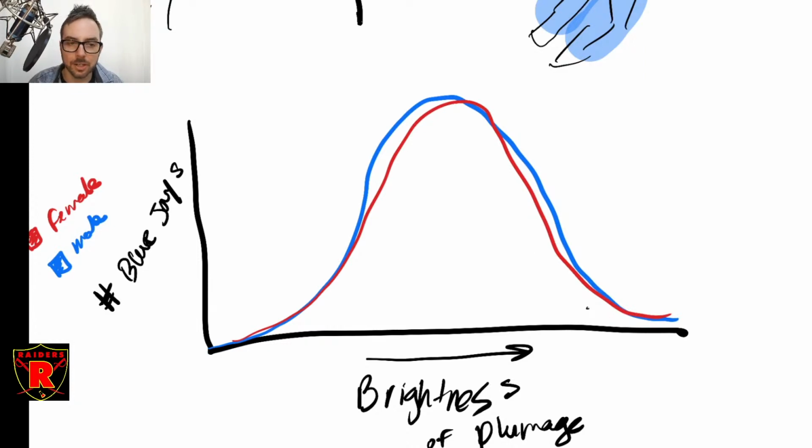That is not sexual dimorphism. That means the male and the female do not have different selective pressures working on them. However, if females prefer a more brightly colored male, in other words, they like to mate with a more brightly colored male, then in that case, what will happen over time is that we will see a shift.